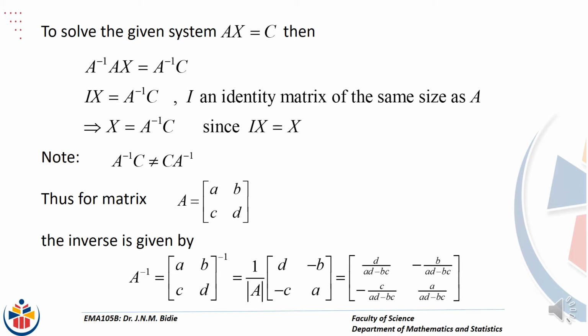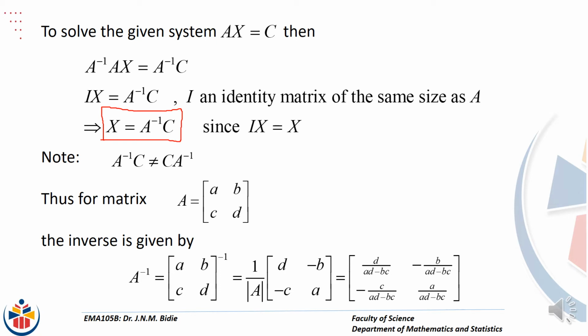So all in all, X will be equal to A inverse multiplied by C. We need to note also that I multiplied by X is equal to X. So I uses the same property as 1 in